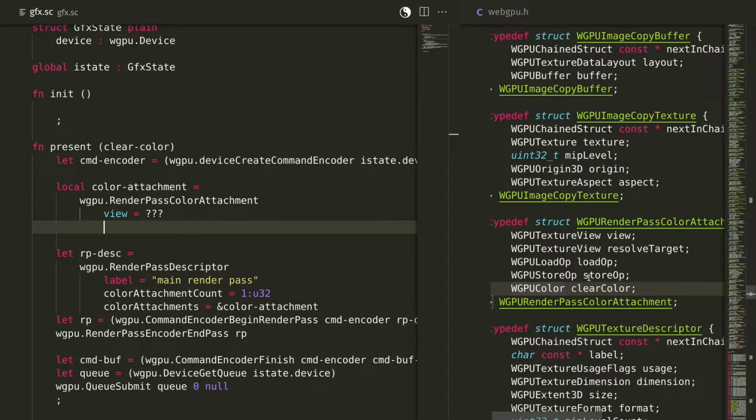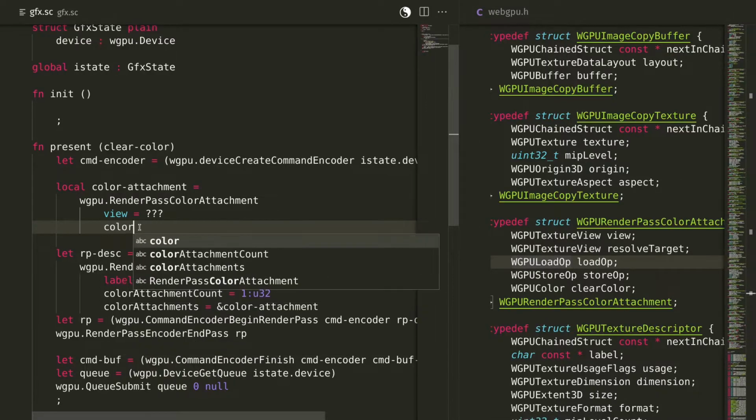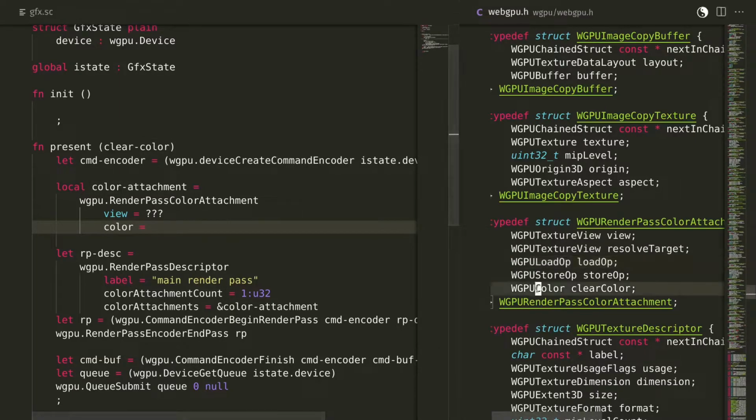Resolve target, we don't need that yet. That's for MSAA, which we don't use yet. Load op. I think this can be default, both ones. I will look this up later. And color equals